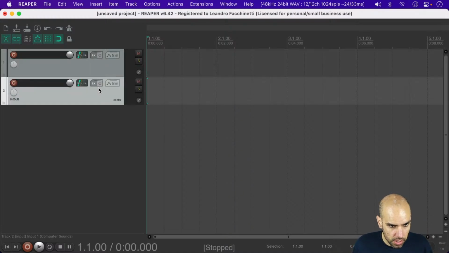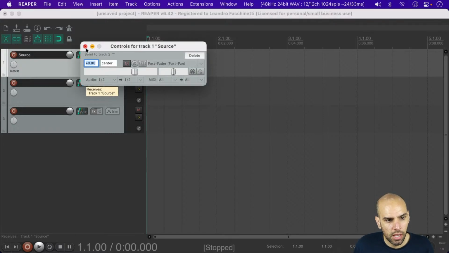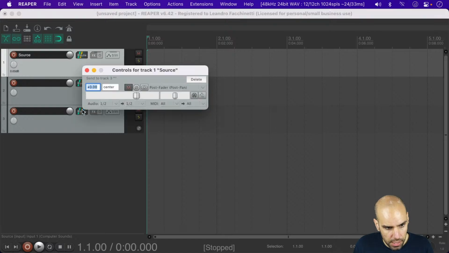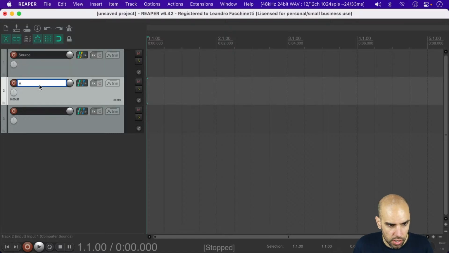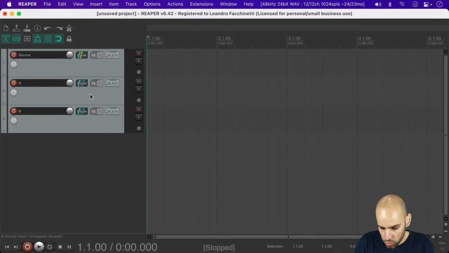So it usually goes like this. You have a source of something that you want to do processing with, like maybe white noise or a tone. Then you send it to A and you send it to B. So that's your A effects chain and your B effects chain. And in here you would do things like